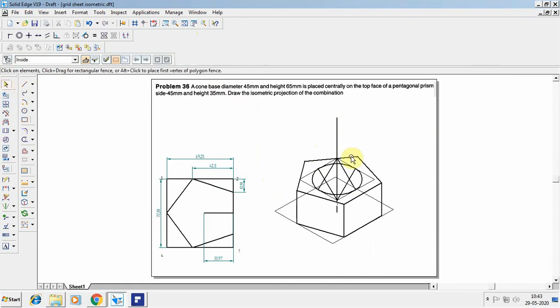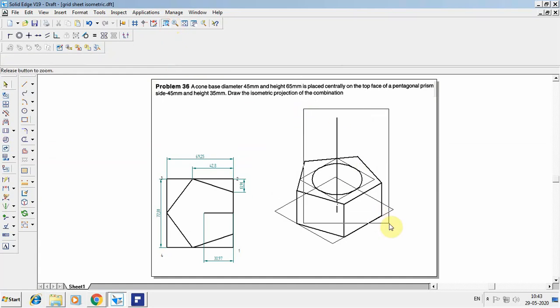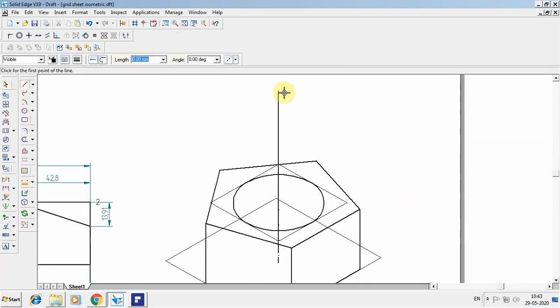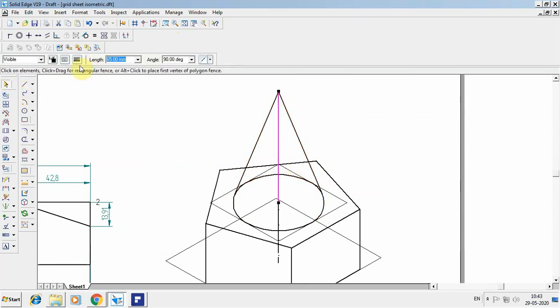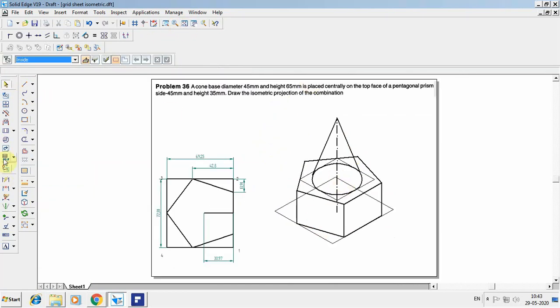Now before drawing the curvature, I want to remove the construction things which I have taken. So now again I'm going to zoom in to draw the line. I want to draw the line by taking the tangent into consideration. Now this is your axis line, keep that as the axis line. So this is the total axis of both the solids. Now the invisible things you can remove by the trim option. And this is also invisible, this is also invisible. So this is how it's going to look in isometric view.